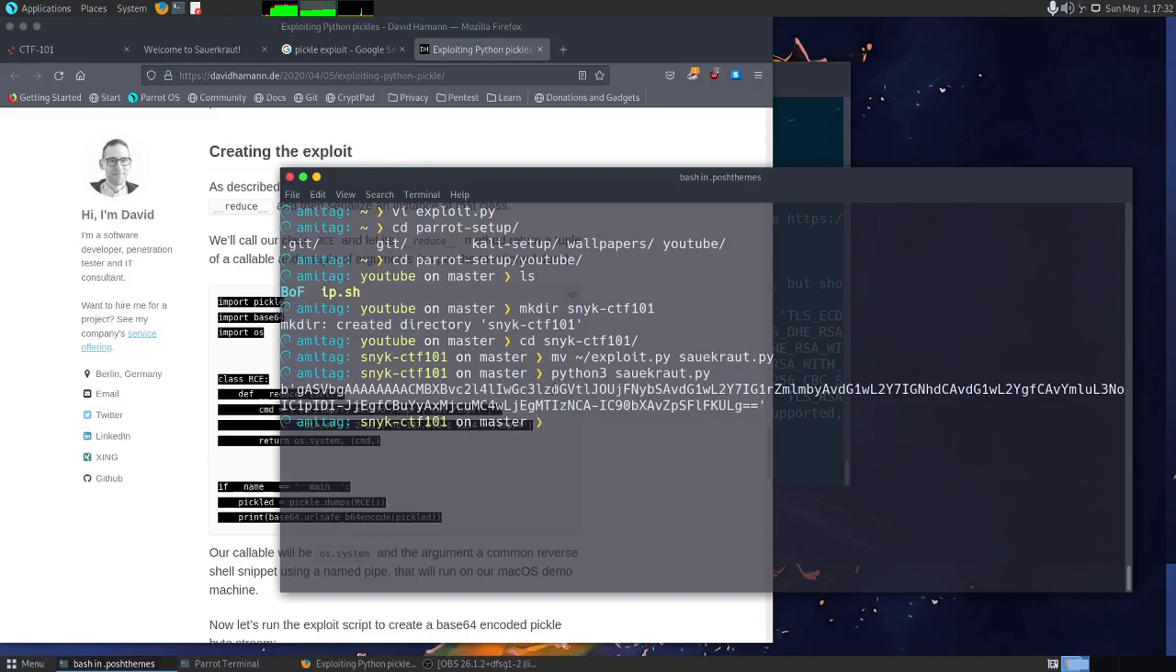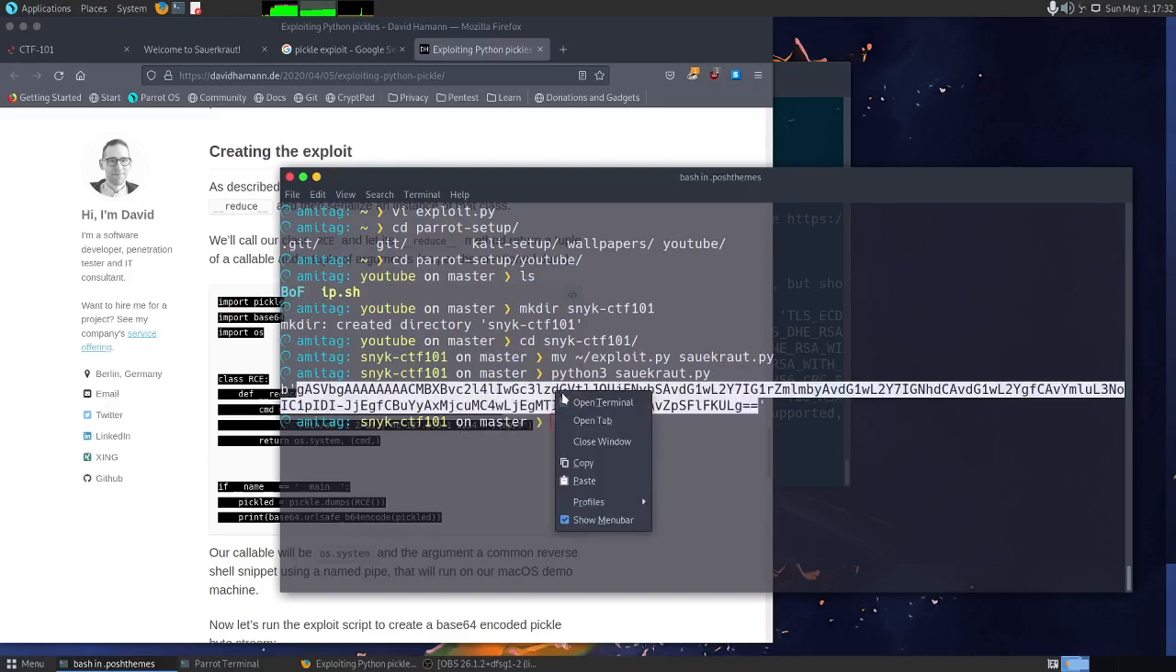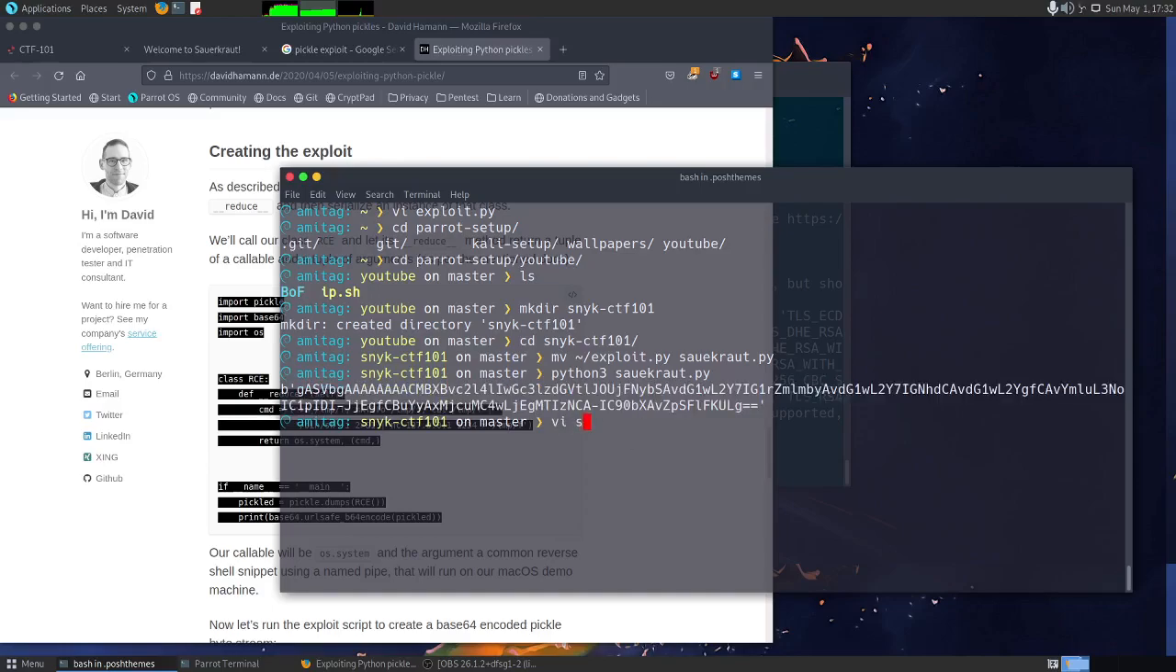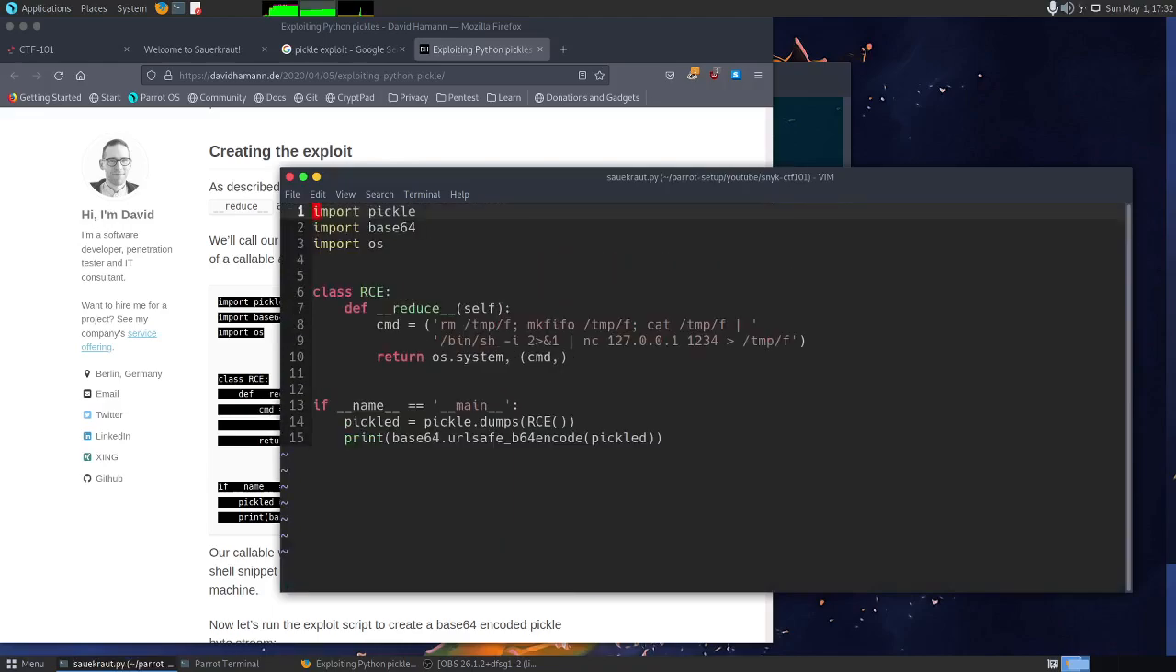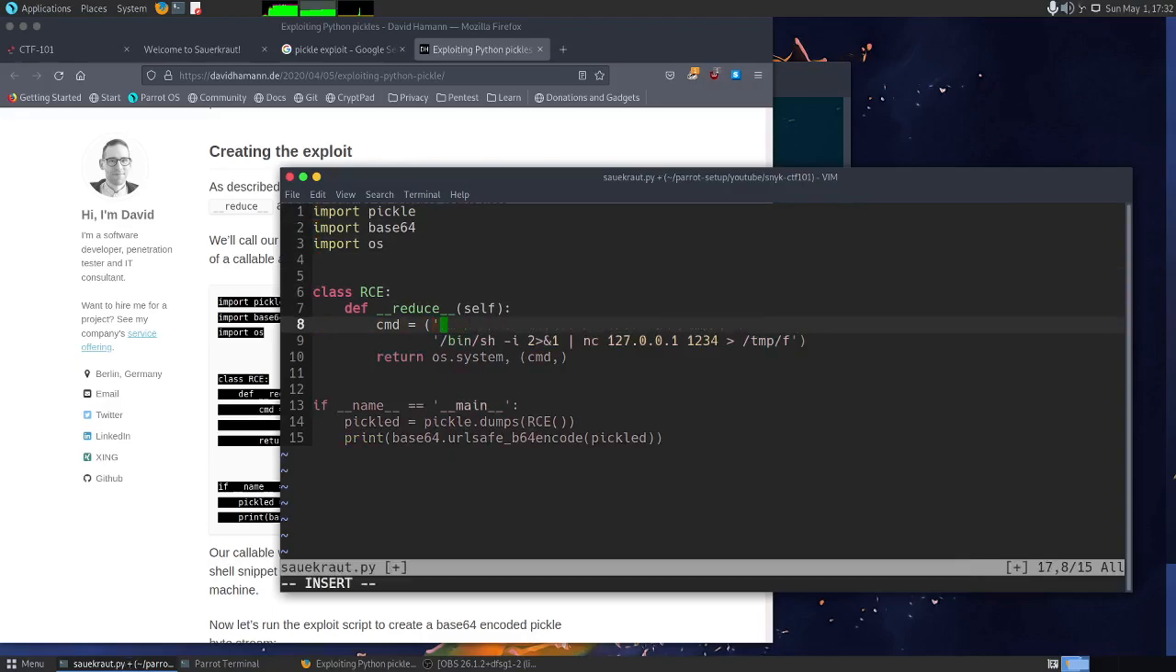and it gives us a nice long base64 string. Copy this. No, before that we need to change something, right? So we know that we don't want to get a reverse shell. We basically just want to show whoami. So I will say whoami,